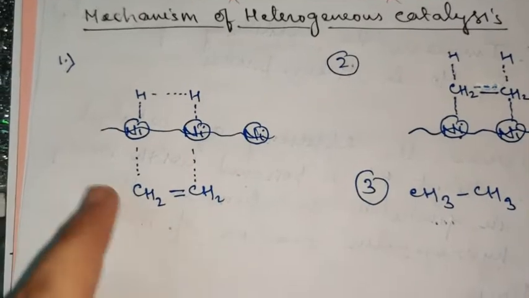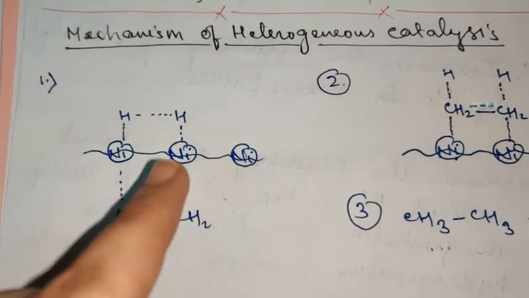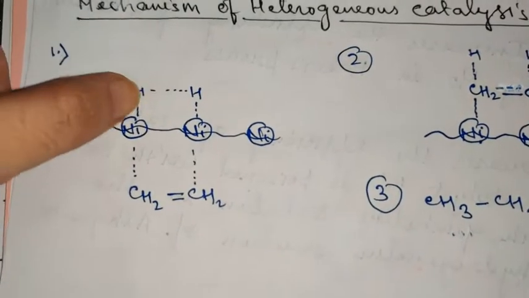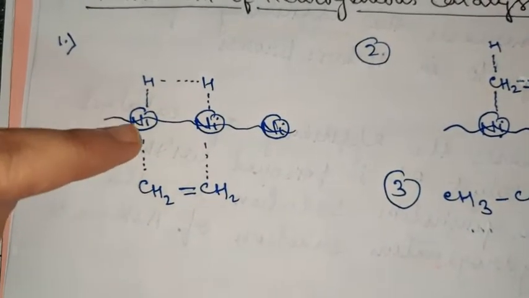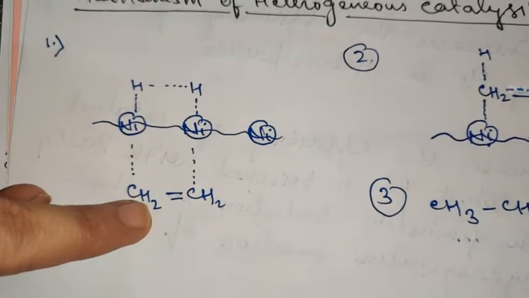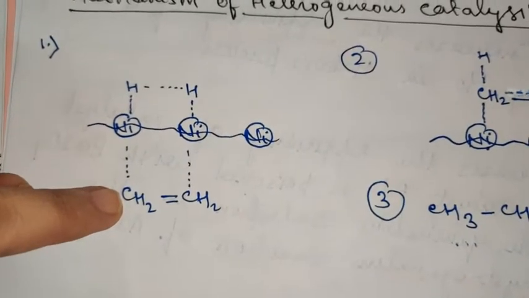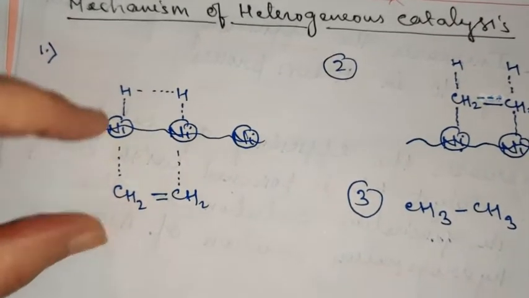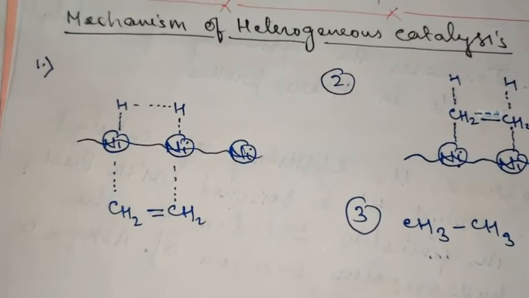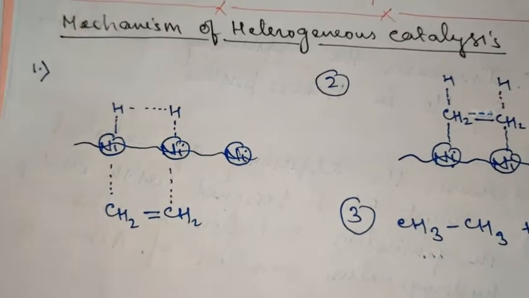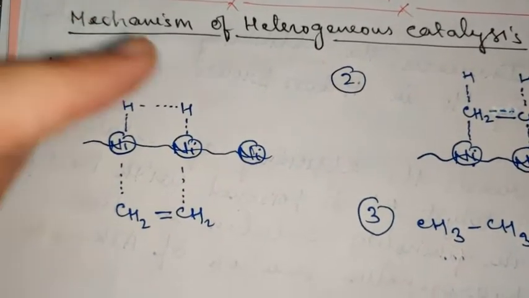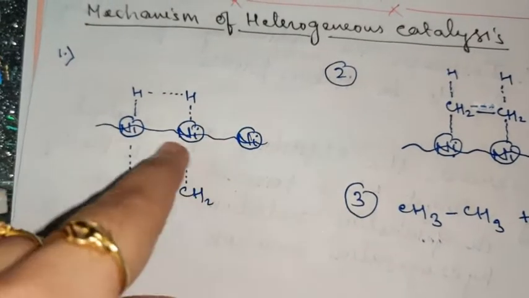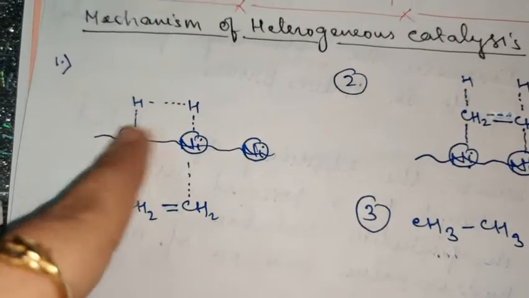But if you have a binding surface here, this catalyst is acting as a binding surface. It is attracting hydrogen molecules and also the molecule of this ethylene gas, ethene gas. So in this way, it is bringing the two gases in close contact so as to react at a faster rate. So this is the first step, that the gas is getting adsorbed to the surface of the catalyst. The adsorption is occurring here.